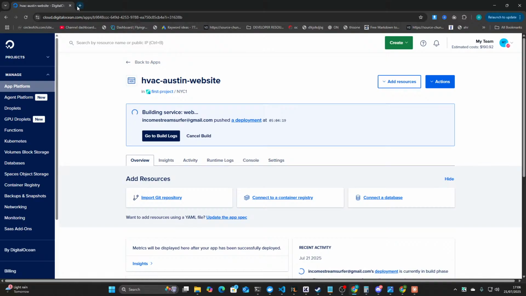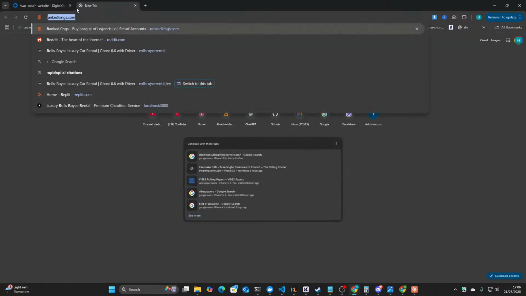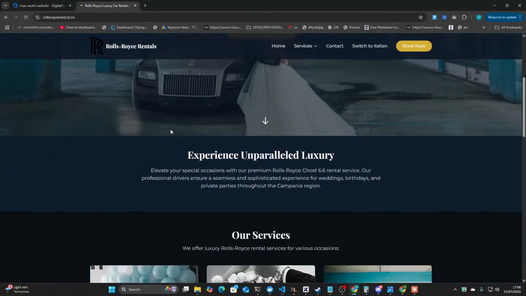This Rolls-Royce Rent.it, I think it is, has been one of the most successful websites that I've created using this